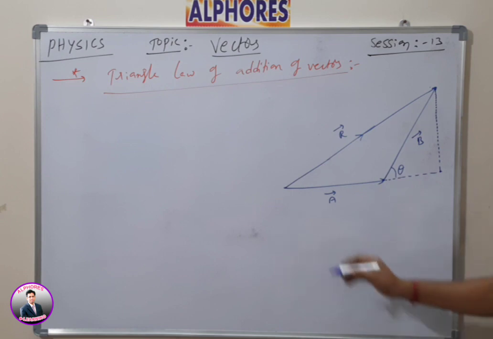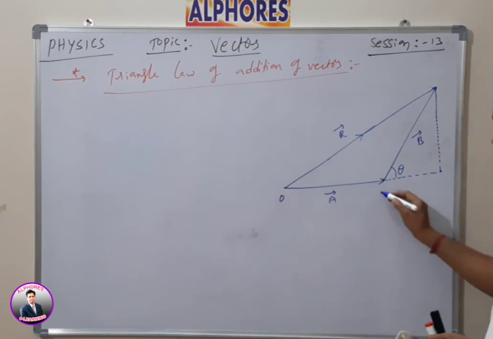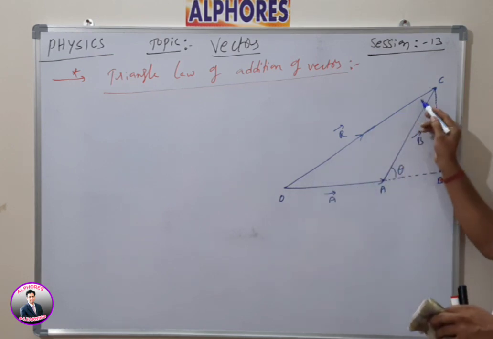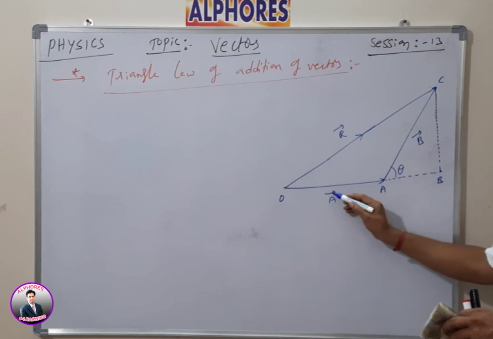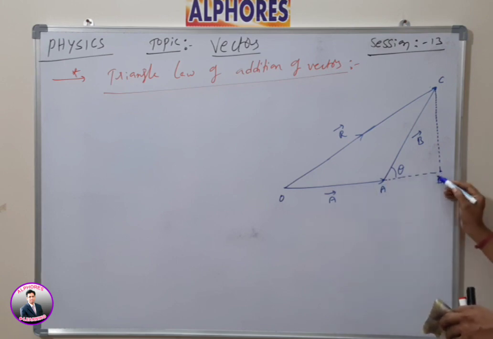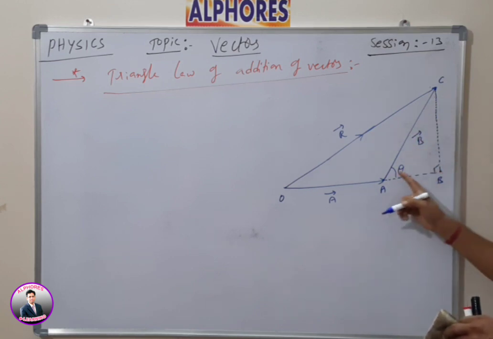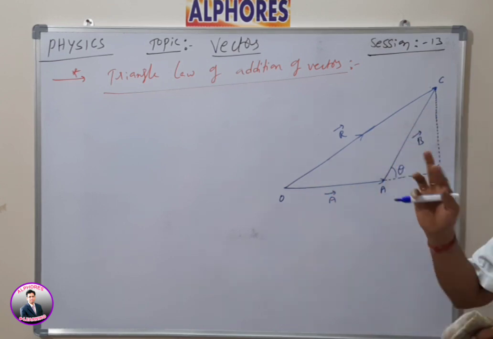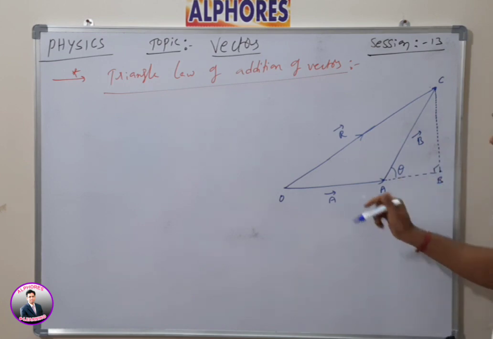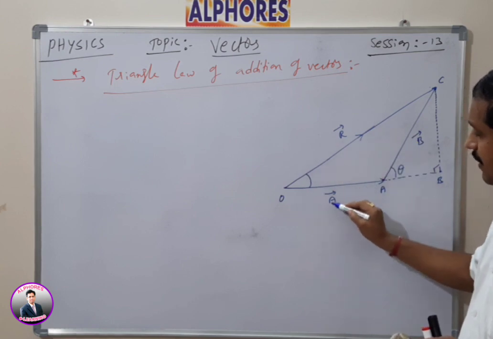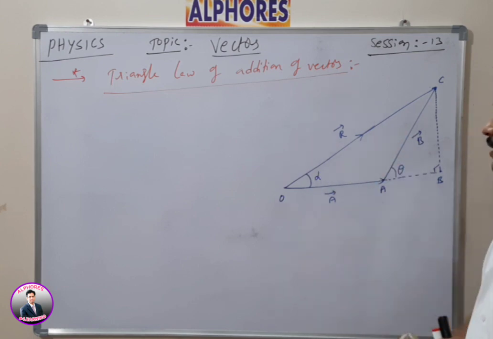Listen carefully. I have to take some points like O, A, B, C. Now listen carefully what I am doing about this triangle. This A can be shifted parallelly and take a projection from C perpendicular to B. That means it forms one right angle and this is also a right angle. It forms two right angles. This is the resultant which makes an angle, let us say, alpha.